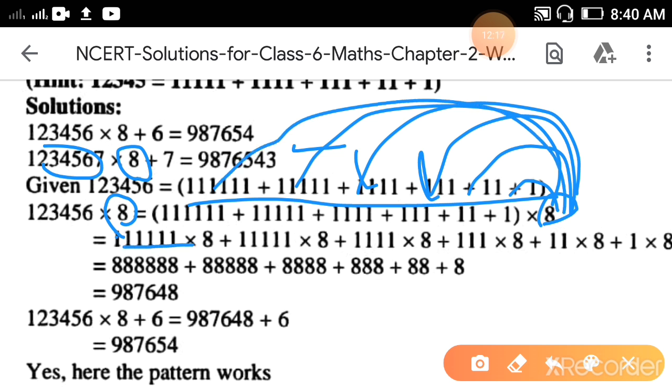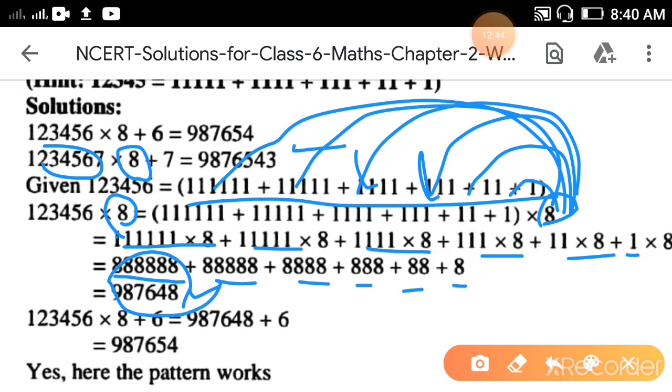So it is 1, 11, 111 multiplied by 8. You can see multiplication is written everywhere. Then multiplied, it is very easy to multiply. Here all the multiplied numbers are given. Then add them. Which number are you getting? This one.